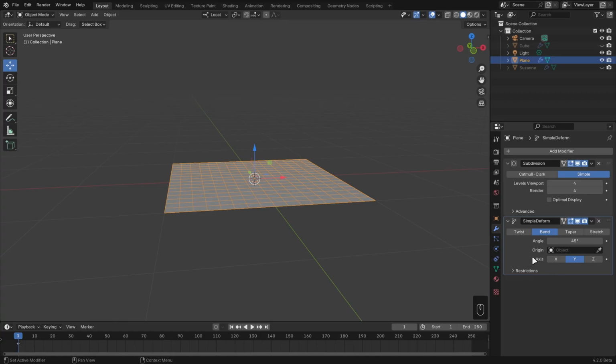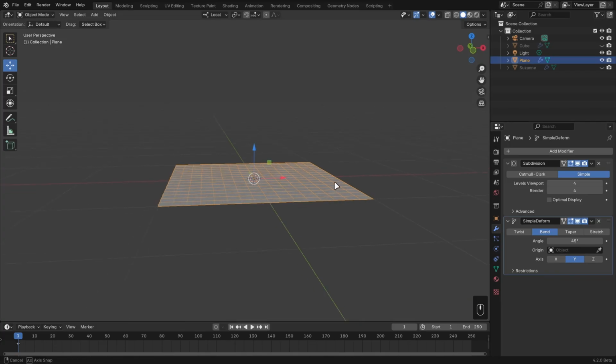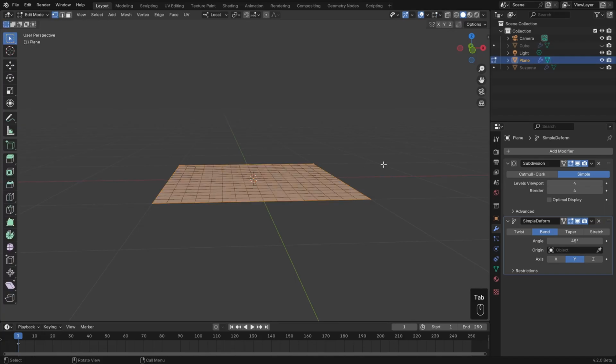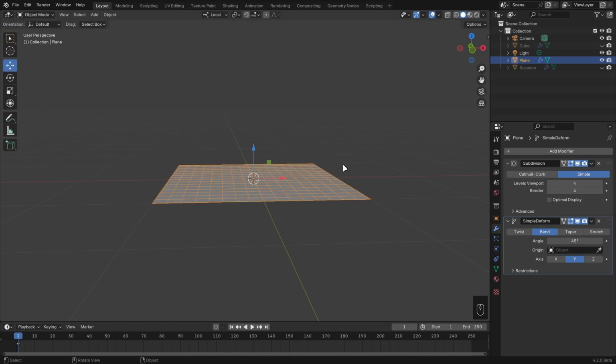So I wish that was the second option that we could set here, but in this case, we just have to remember that the tangent axis for the y is going to be the x-axis, and we want that x-axis to be pointing away from the bend. So we could either go into edit mode and rotate our plane and change the local orientation relative to the geometry that way, or we could also go to our rotate tool, go up to our tool options, and turn on